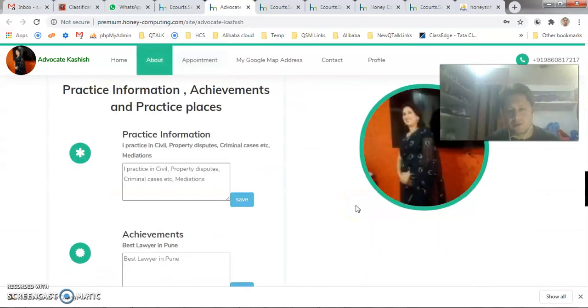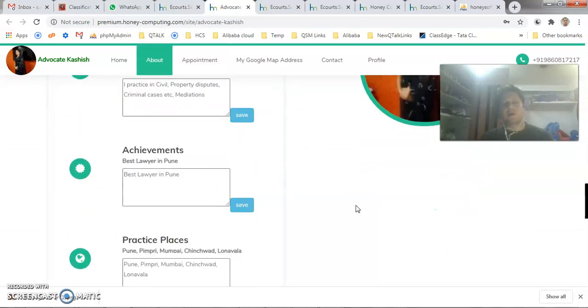So log in, join in, it's free. Currently we are not charging any money, so don't worry about it. Just have a digital presence on Google and increase your search result. If you have any kind of questions, you can contact us on our mobile number, which is given on the right side of this page, and also you can contact us through our email ID.